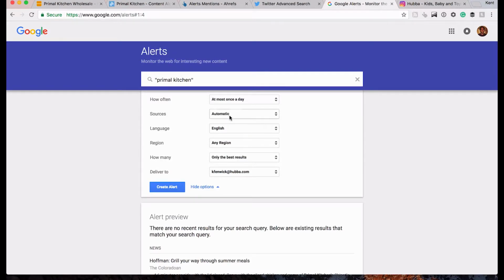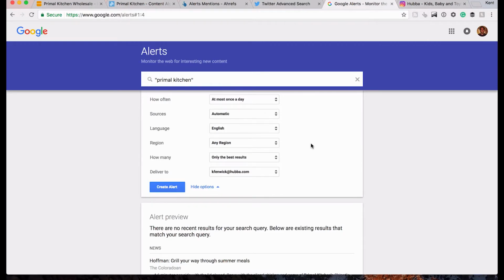So you can say, I only want news articles. I only want videos. I only want anything involving my stock if you're a publicly traded company. So these are more advanced things that you can set up for yourself later, but just having a general brand alert is always very good. The how often is an interesting one, because if you say as it happens, you might get inundated with results depending on how popular your brand is. So Google has a way of saying, look, let's just give me the best results.